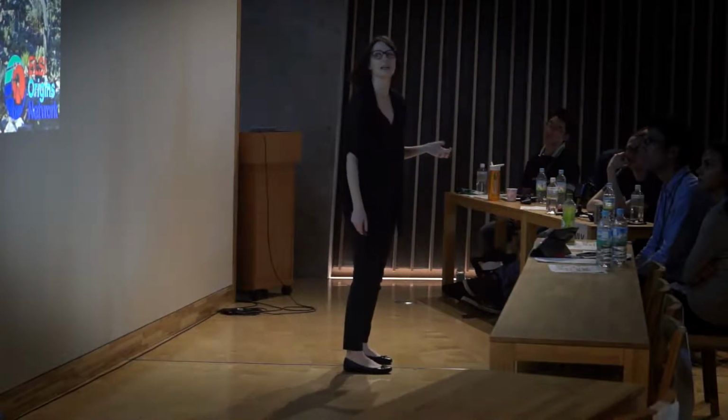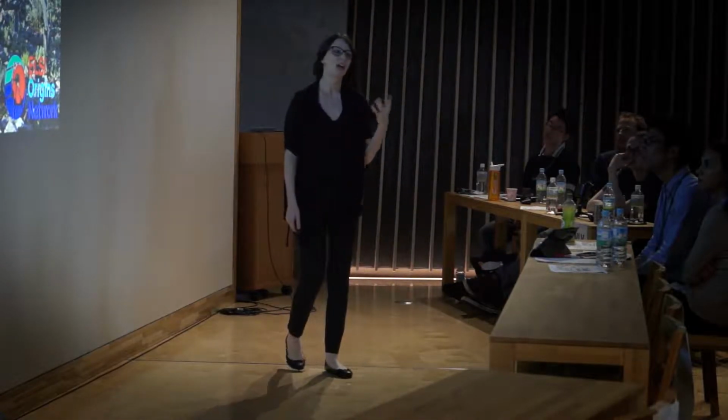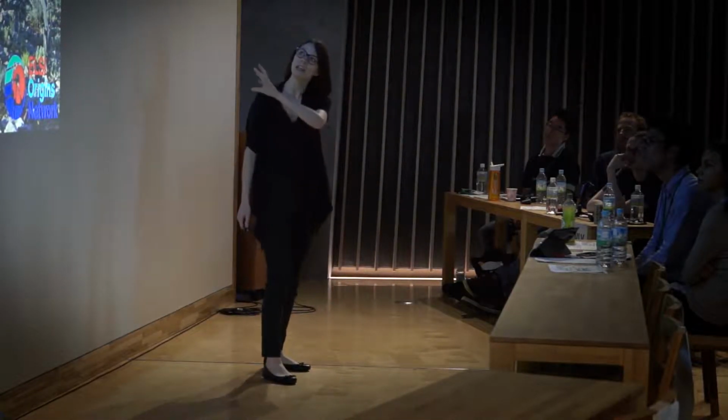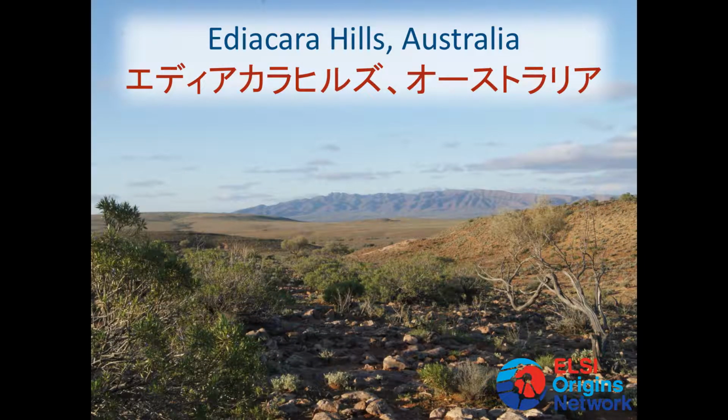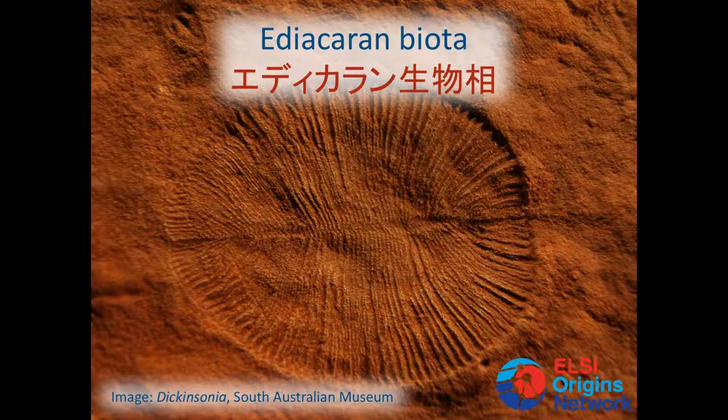The Ediacaran period is named after another important fossil site in the Ediacara Hills of South Australia. Ediacaran fossils from Australia include other mysterious types, such as this large fossil called Dickinsonia, with many fine branches or segments, as well as others like this small fossil here called Parvancorina, which is the shape of the English letter T. Rocks from Australia preserve the transition all the way through the Ediacaran to the Cambrian.